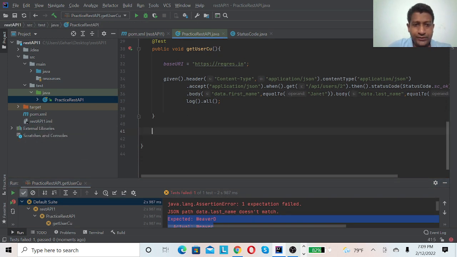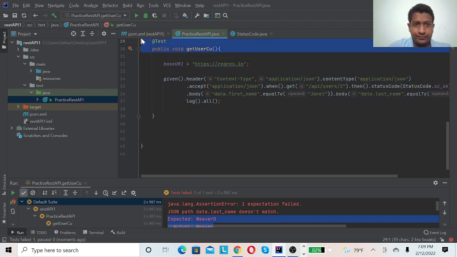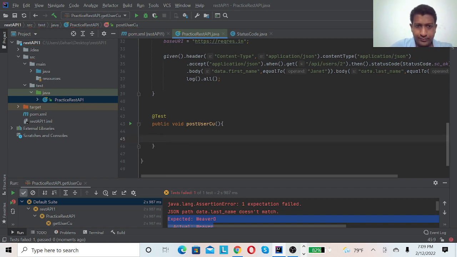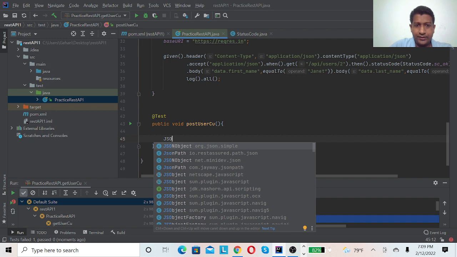So for post, we need a request body. I'm creating a JSON object. You can remember I took the JSON simple dependency in my POM XML file.